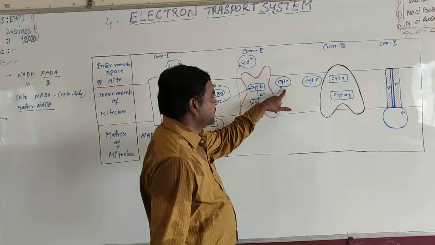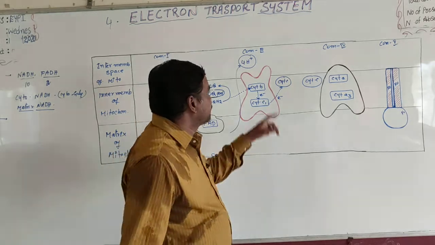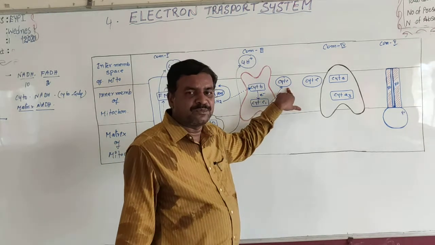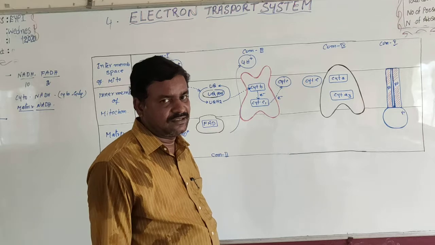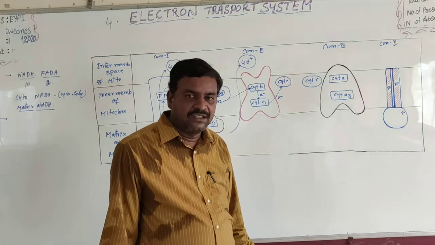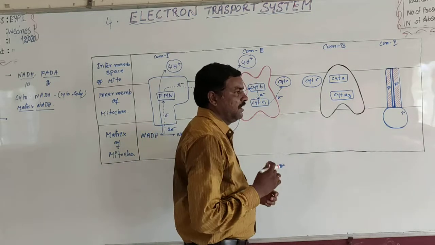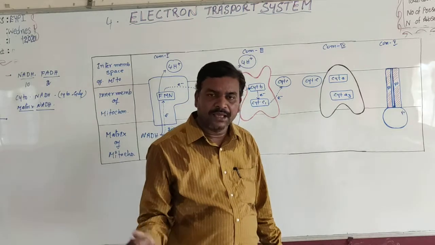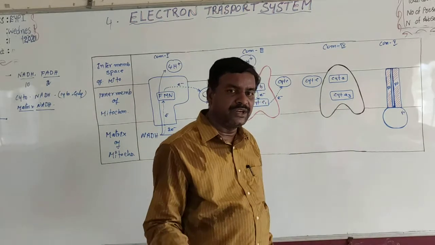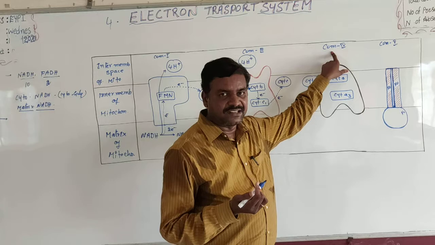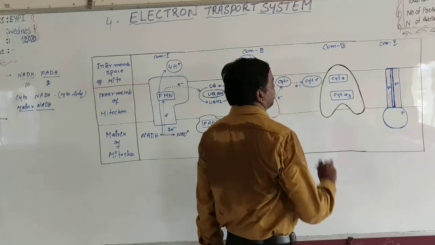So due to acceptance of electrons by cytochrome C, it becomes reduced. So this complex 3 reduces the cytochrome C. Therefore this complex 3 is called cytochrome C reductase, because it reduces the cytochrome C by giving the electrons. Now cytochrome C is a mobile carrier. When it receives one electron from this complex 3, it can move freely. So it moves